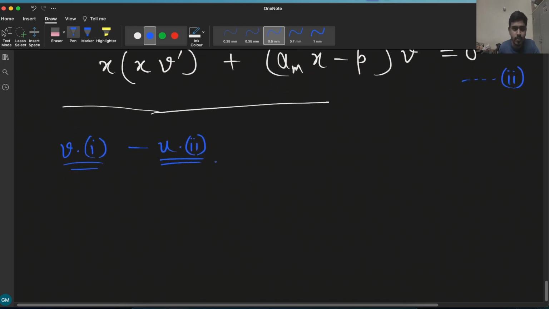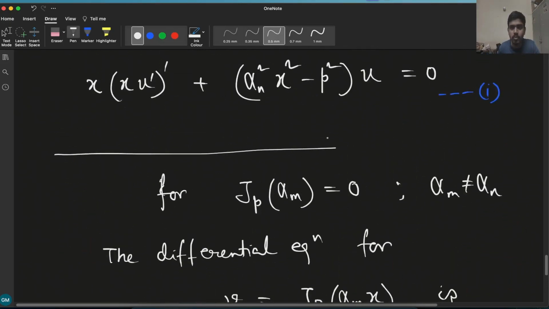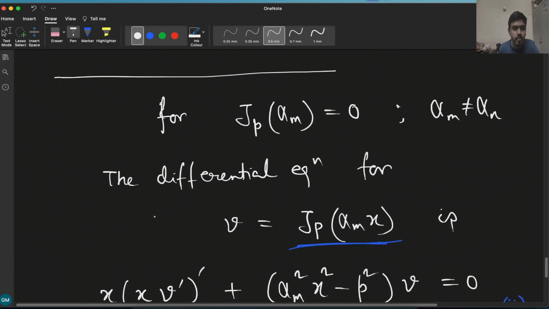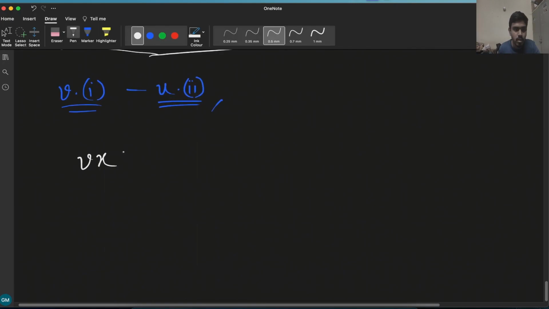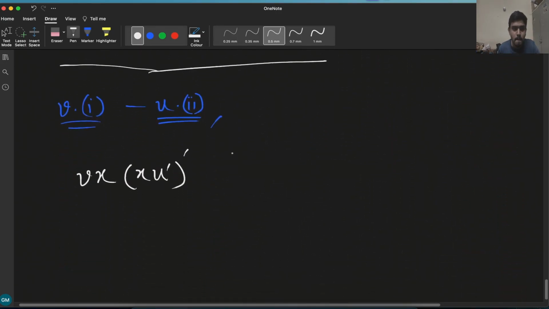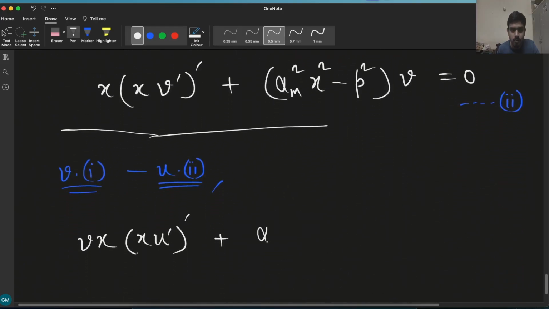And if I do that, then from equation 1 I will get v times x (x u dash) whole dash plus (alpha n square x square minus p square) u v equals to